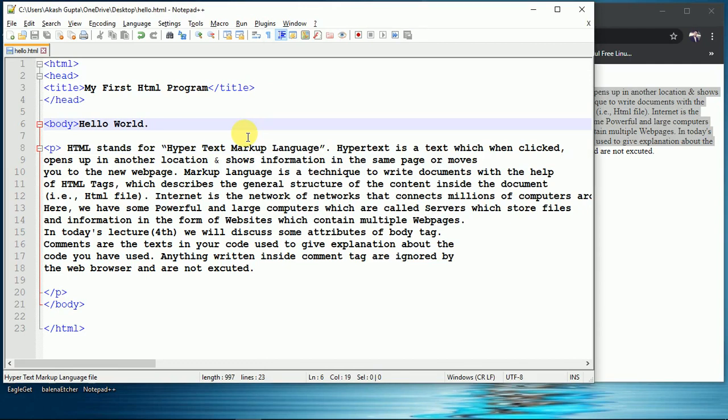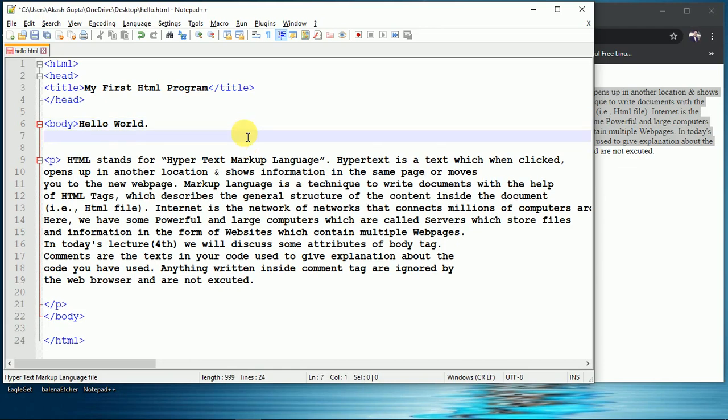the heading tag. Okay, so we will use the heading tag now, which is starting from h1. Okay, so as you can see we have h1 to h6. Okay, means a total of 6 heading tags are there in HTML, right? The difference is only in the size of the heading. Okay, the h1 heading will be of the largest size, then as you start writing h2, h3, h4, h5, h6, the size will go on decreasing. Okay, this is the only difference between the various heading tags.